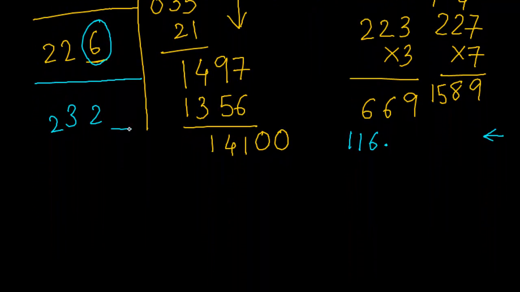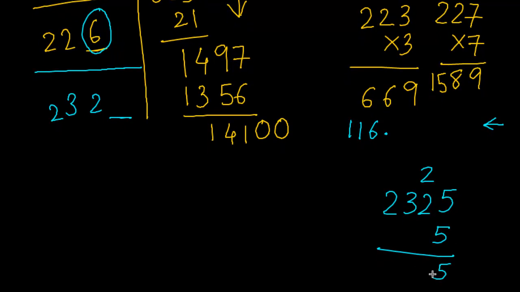Now I will have to choose one number such that the entire number formed multiplied by that number would be as close as possible to 14100. So 232. I will choose 5. 5 5s are 25. 5 2s are 10, 11, 12. 5 3s are 15 plus 1, 16. 5 2s are 10 plus 1, 11. That is 11625. I think this has to work because